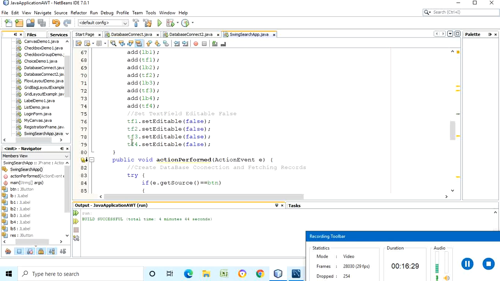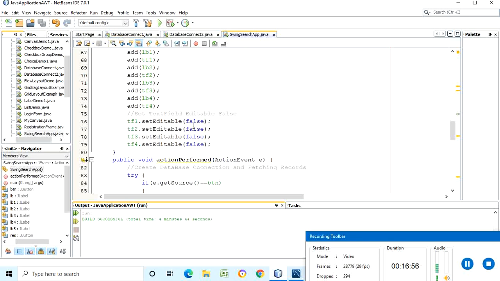It should not be the case that the user is modifying the data at runtime. The data which is given when a particular user is registering for our application, or a student is registering for our college or school application, at that time the same data should be reflected. It should not be modified directly. So that's why we are using setEditable as false.